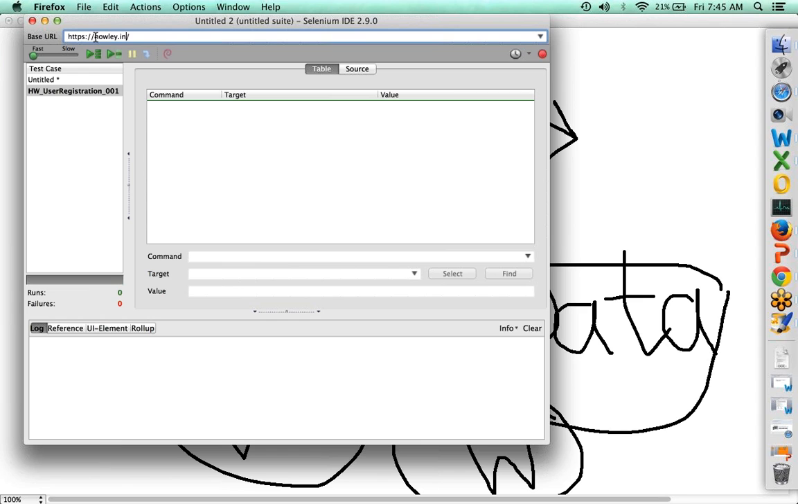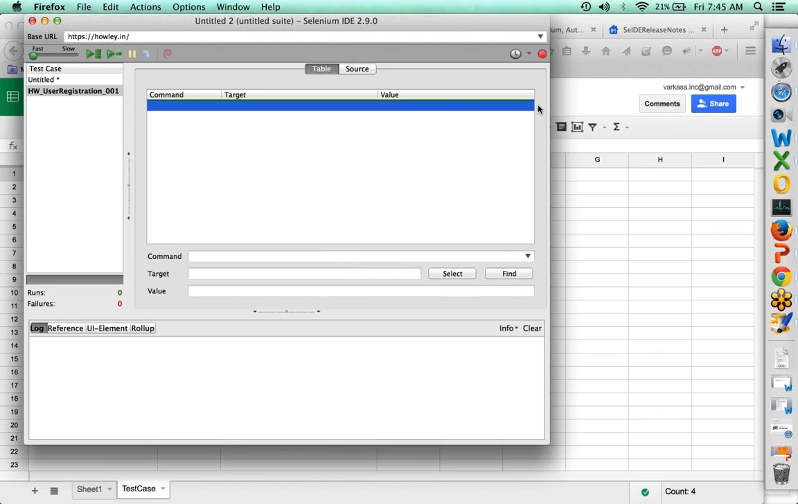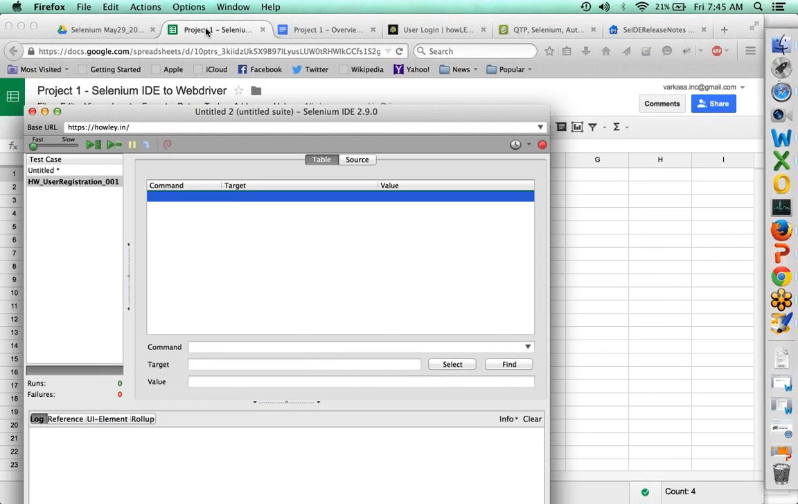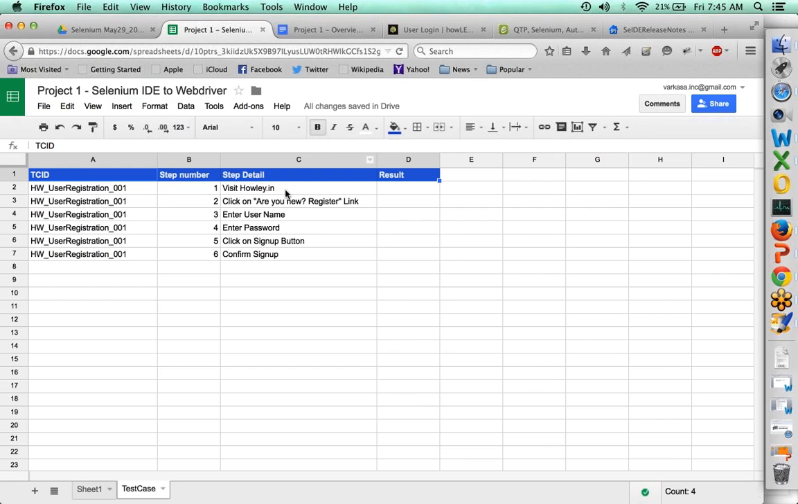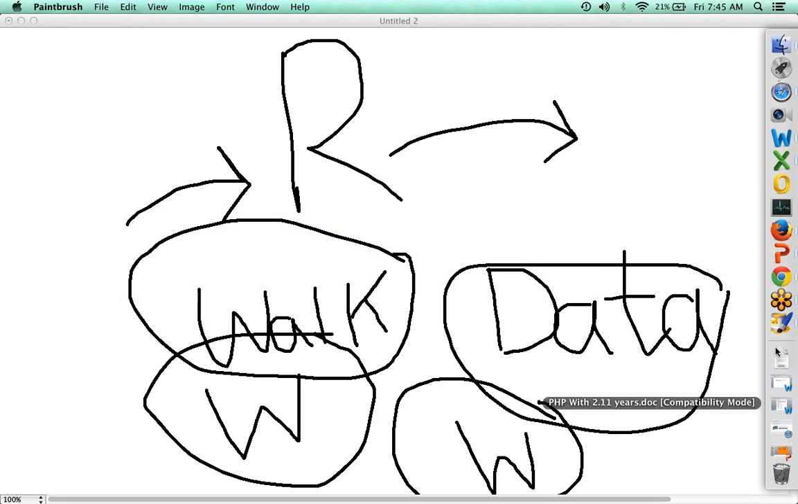And we're saying this is howley.in. That is the name of the website. The second one is we need to look into visiting that page. So to visit that page, team, what we will do out here is